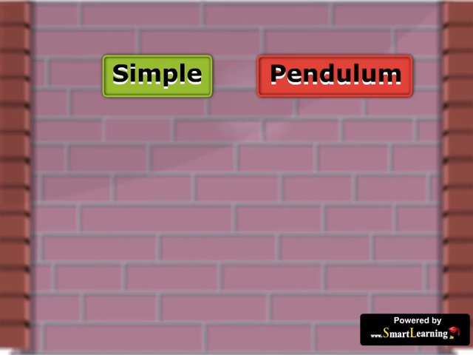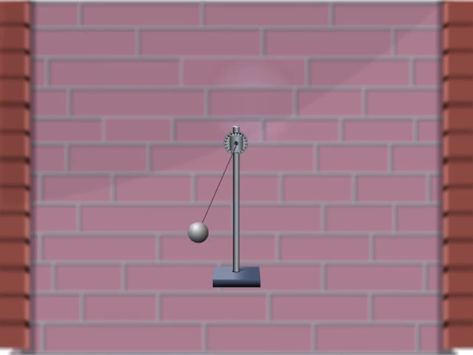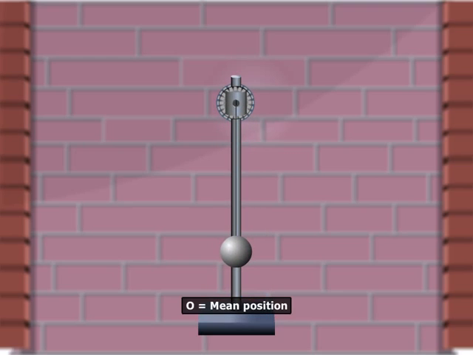Simple pendulum. A simple pendulum consists of a small metallic solid sphere called bob, suspended by a fine thread from a rigid support. Here you can see the bob is at rest in its mean position. When the bob of the pendulum is displaced slightly to one side from its mean position, it begins to move